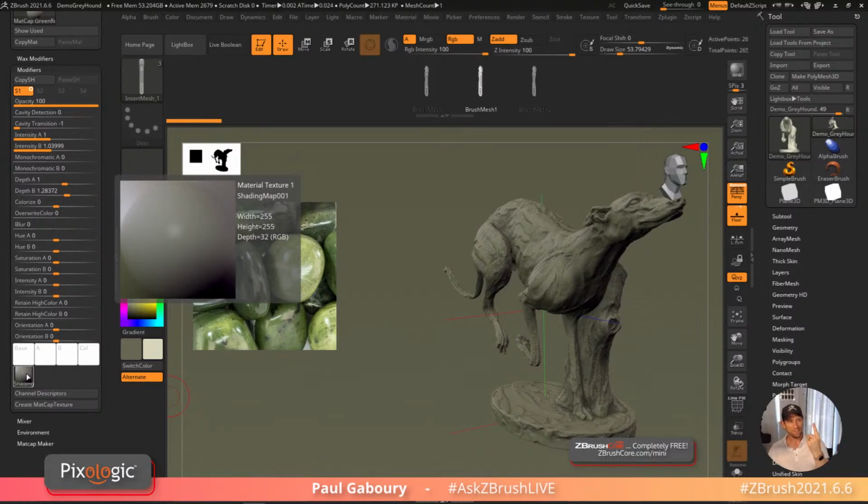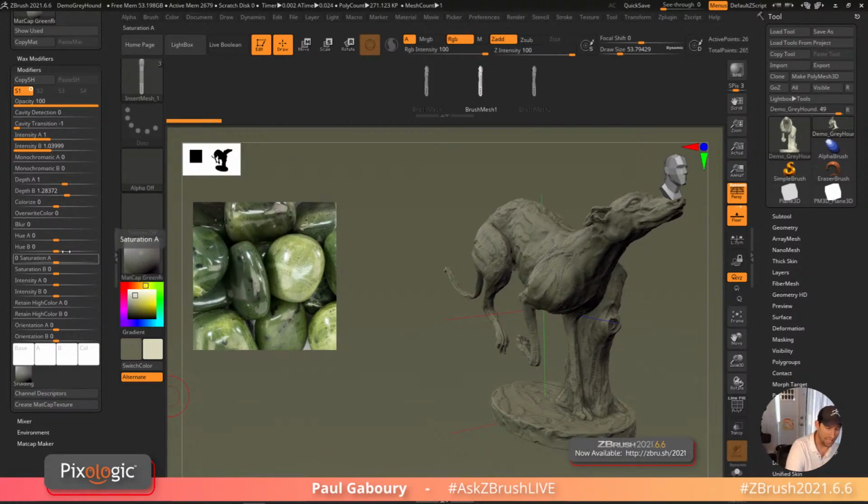When you have one sphere in this image, then this is channel A. So there's only two channels, an A and a B channel. Now when you look at these sliders, you can see there's a saturation A and a saturation B, monochromatic A, intensity A. You can see all these sliders. There's an AB, AB, right? So for this particular material,